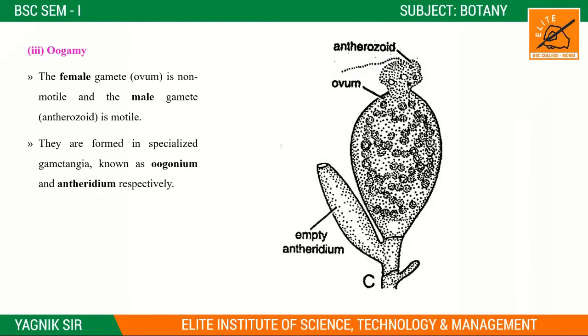Here in this image is the oogonium, right? And on the upper side you can now see very clearly these are the antherozoids. Actually these antherozoids are formed and developed in the antheridium, but after maturation these antherozoids move and attach near